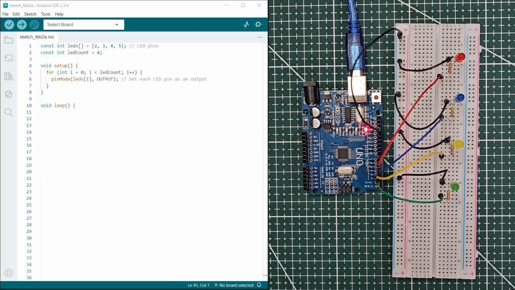Now, let's move on to the main part of our program, where we control the LEDs dynamically. We start by creating a variable called randomLED. This variable will store a randomly selected number that represents one of our LED pins. Next, we use the digitalWrite function to turn on the LED that was randomly chosen. The function takes two arguments. The first argument specifies which LED we want to control, and the second argument tells the Arduino whether to turn it on or off. Here, we use HIGH, which means we are sending an electrical signal to that specific LED,